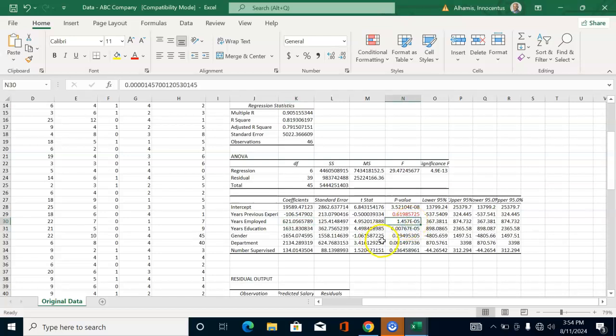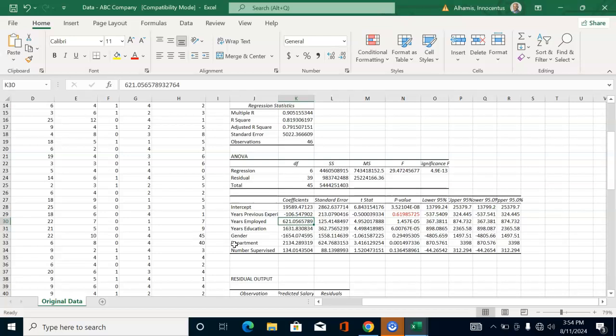You can see that this probability value is 1.457 exponential negative 5, so that means we have 0.00001457, and it is actually almost 0. So the p-value here is 0.00,